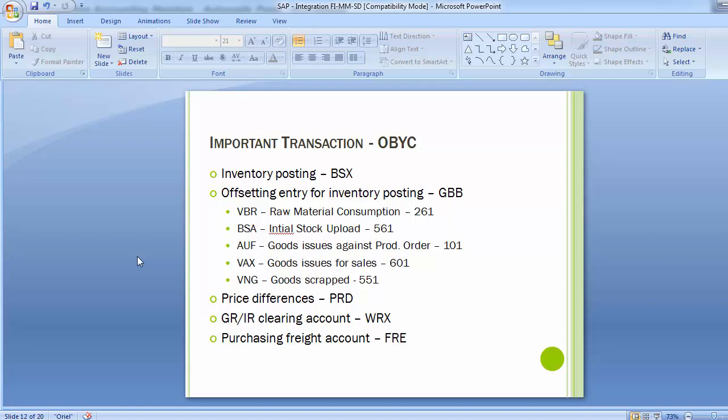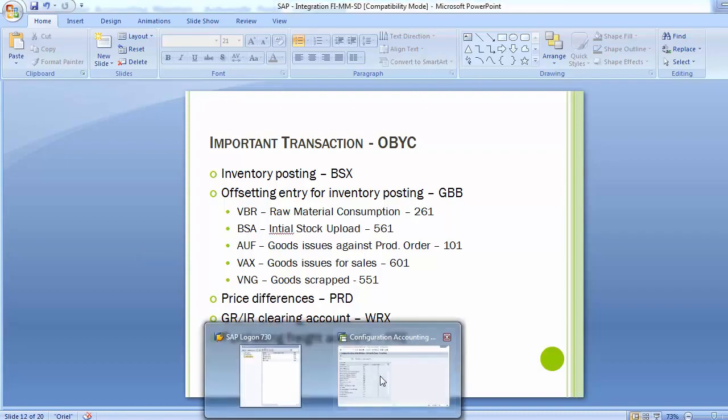Now moving up to the next is the purchasing freight account. Purchasing freight account is where we put the freight on the purchase. For example, if you purchase raw material, obviously the vendor would be charging the freight amount as well for transportation from one place to another place for the organization. So whatever the freight amount which has been taken up in the system, that has to be taken up through the transaction FRE.